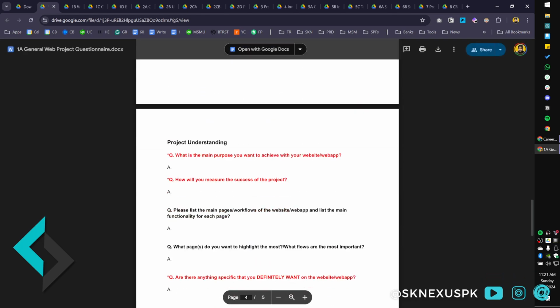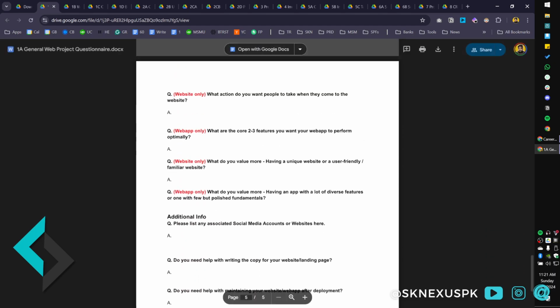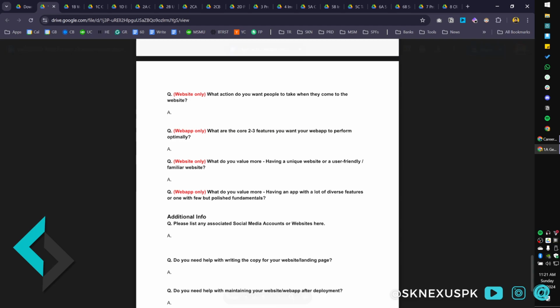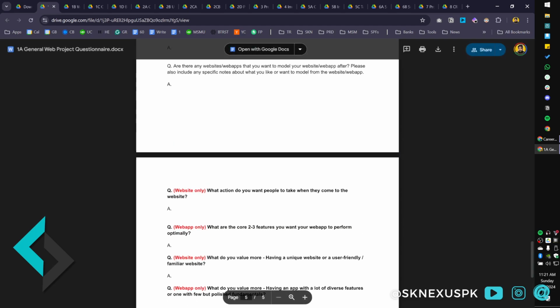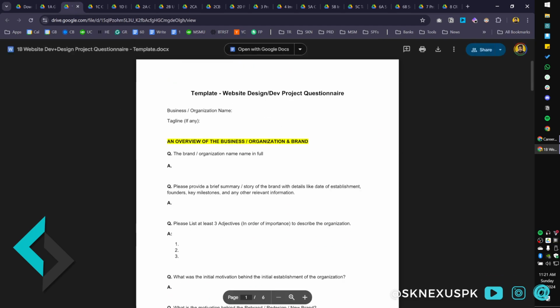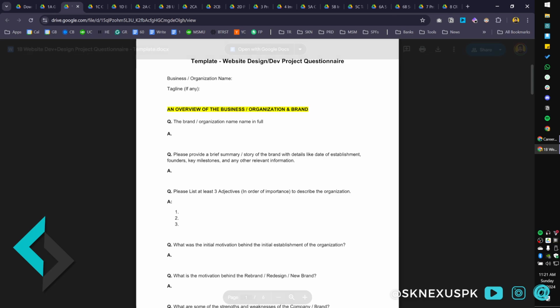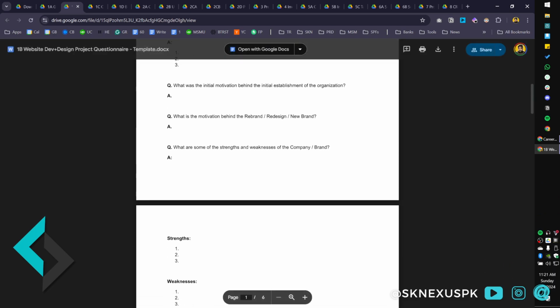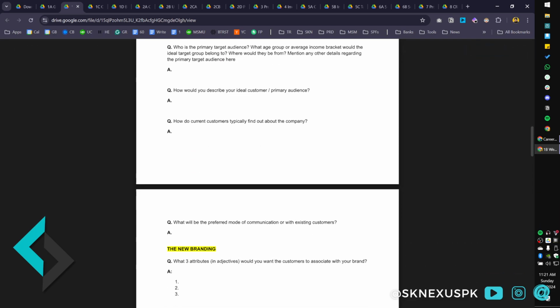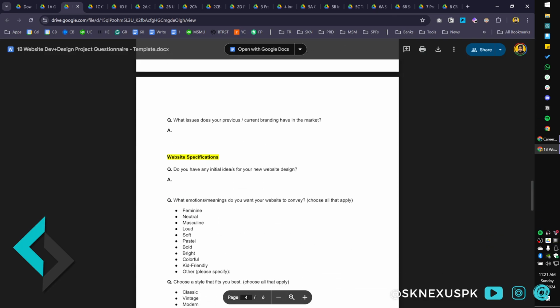This one is a more general web app questionnaire. You can send it. Do notice this stuff in red. So if it's a web app, send these questions. If it is a website, then send this question, so on and so forth. Should be pretty straightforward to use. Then we have another questionnaire, same thing, but this is more towards website focus. So if you're just doing websites like WordPress sites or Webflow sites or Shopify, Squarespace sites, you can send a questionnaire like this. And same thing, there's a bit more focus on branding in this one compared to the other template.